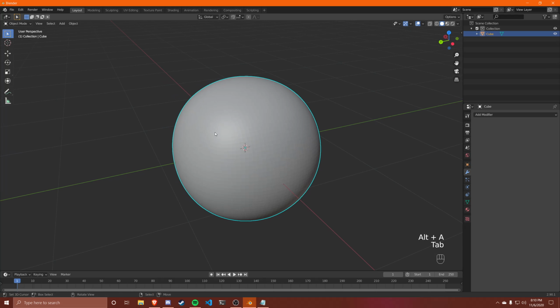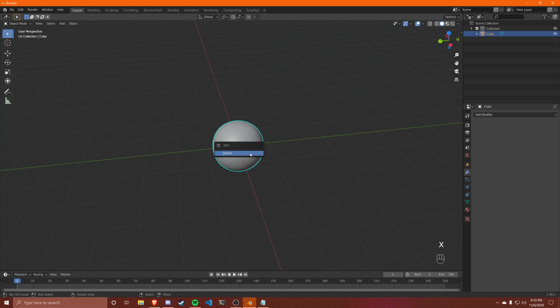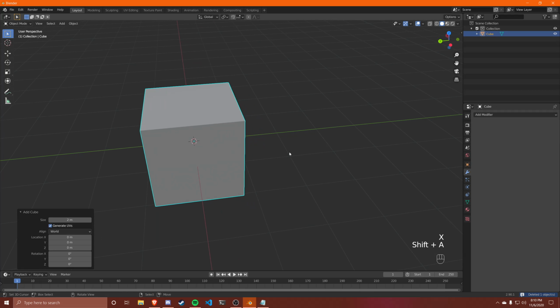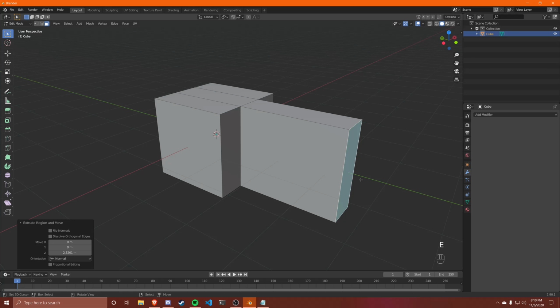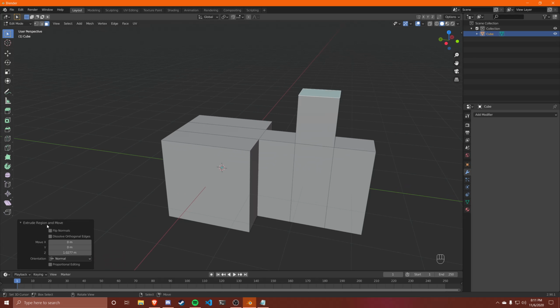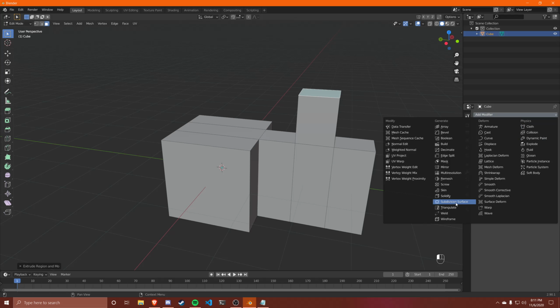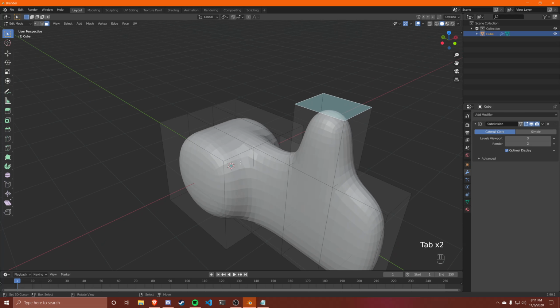So that is the subdivision surface modifier, and that's a really useful modifier because, if you wanted to, I don't know, let me just make something real quick. Have like a model here, and you wanted to, I don't know what this is, I just made something random, and you wanted to make this look not as low poly and not as cartoony, right? You could go ahead and give it a subdivision surface, ramp this up a bit,